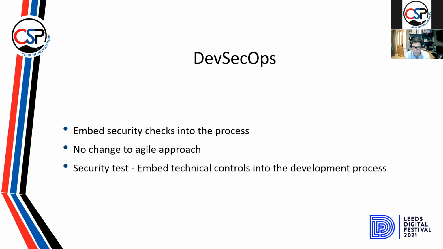What this doesn't mean, though, is that there's a change to the Agile approach. The delegation means we're removing any dependencies that they have on external teams, because that's what causes the delay, trying to get meetings, etc. But by giving the responsibility still within the DevSecOps type of things, we're not asking them to change anything. We're not becoming a hindrance. We are literally saying this is part of the process that you need to do. From an experienced developer point of view, they should already be aware of what's in place.